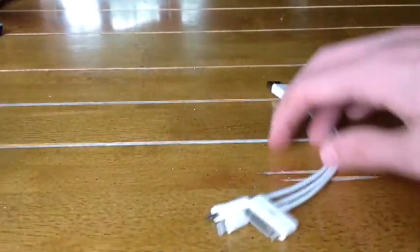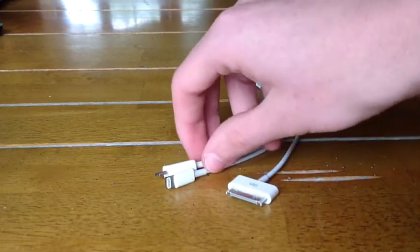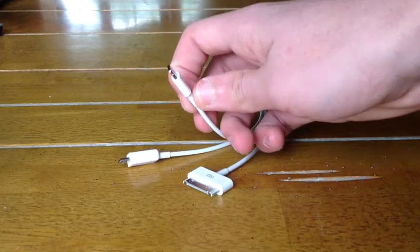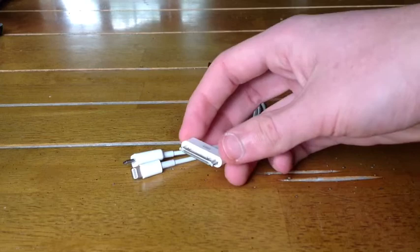Today we'll be reviewing a new cable from mobilefun.co.uk. This cable's special because it has the adaptation for micro USB, a lightning connector and a traditional iPod connector,